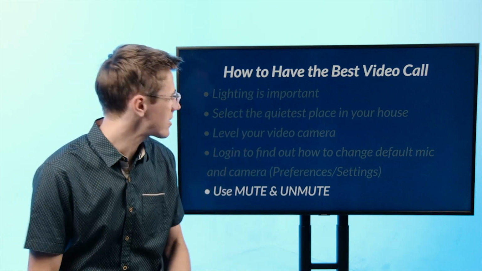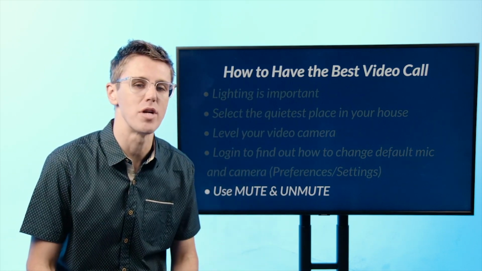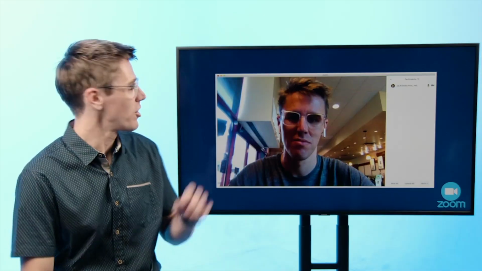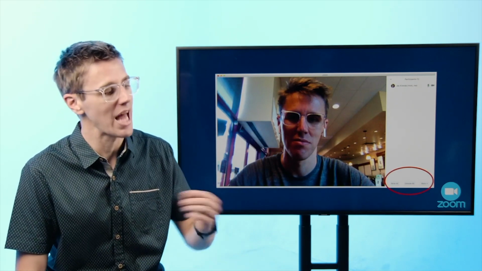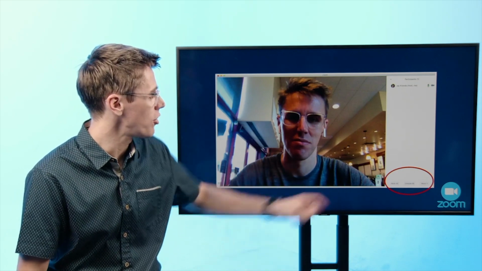And then next is understanding how to mute and unmute. This is super basic. You might go, well, people get that. No, trust me. I've been on calls with everywhere between 3 to 75 people before, and not everybody understands that they need to mute themselves. And so when you have a bunch of people and a person's talking to their spouse behind them, it gets really weird. And so most software like Zoom, like Skype, they have a feature called mute all.